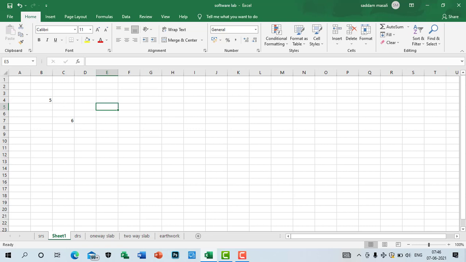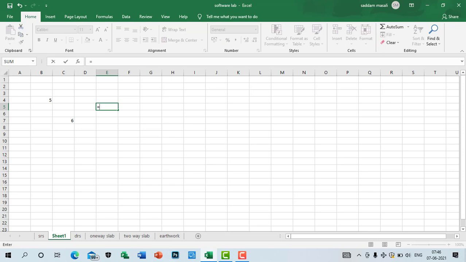so for example if I want to add these two values in this cell, E5, what we have to do in Excel, before conducting any mathematical operation, you need to remember this: always begin with the equal to sign. Always begin with the equal to sign. For example, if I want to add, subtract, multiply, 5 plus 6 or 5 into 6, 5 divided by 6, whichever mathematical operation we want to carry out, first we have to begin with providing an equal to symbol.